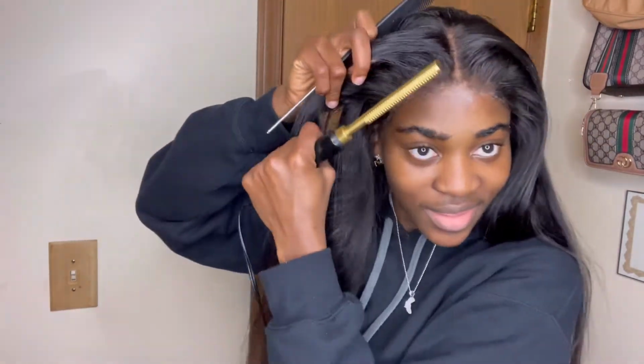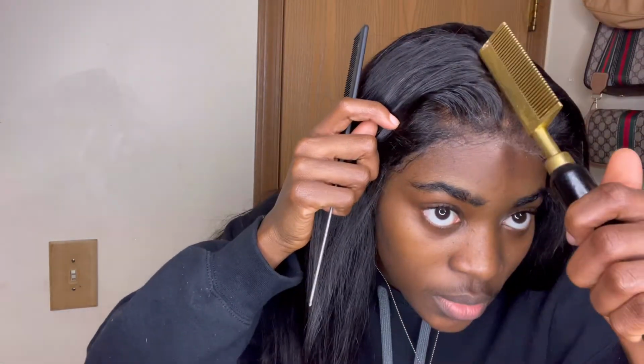Also, this is a hack. See how I'm doing this? I just think it makes a big difference, bro. It makes the parts really clean. I know I'm not the only one who does this, but this is a hack. If you don't do it, please try doing this, because it's really clean. It just makes everything neat. But yeah,